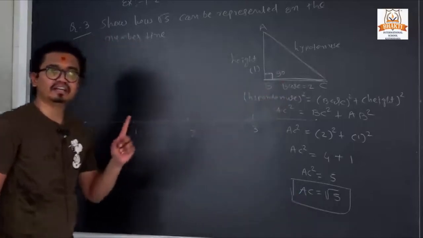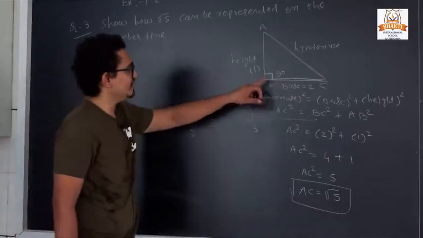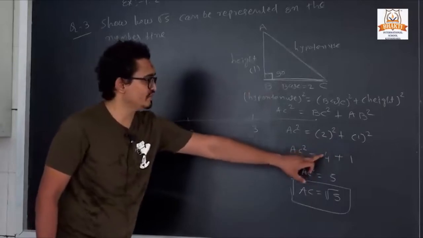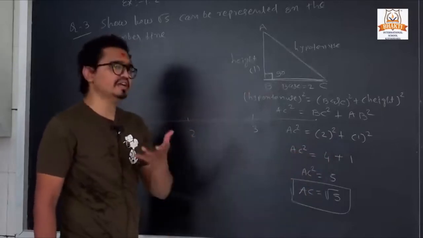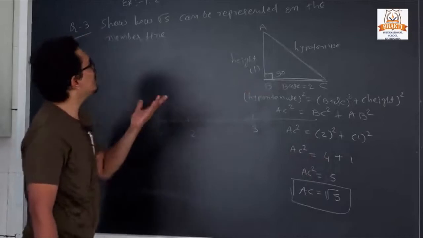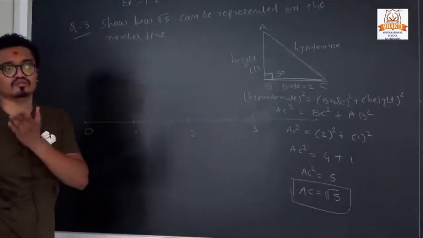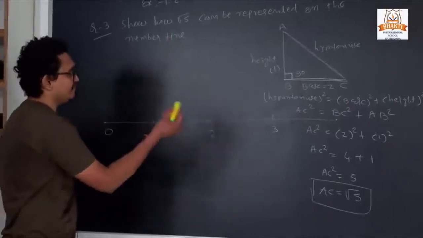And if we take root 2, so 1 and 1, 1 square is 1 and 1 square is also 1. So 1 plus 1 will be 2. So you can take any scale, it depends on our question. We can also represent root 2, root 3, root 5, root 7 like that. So now we can start.